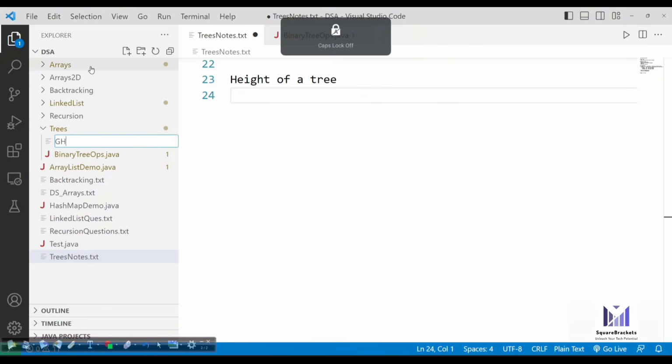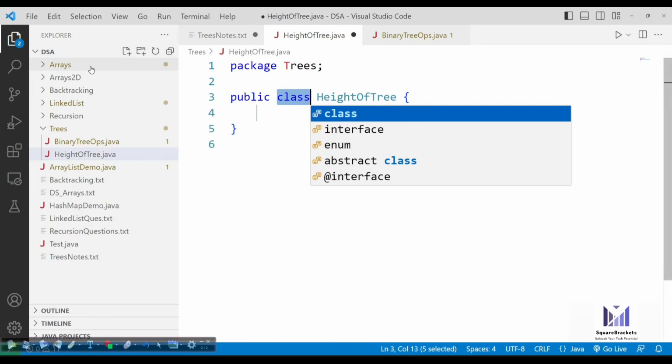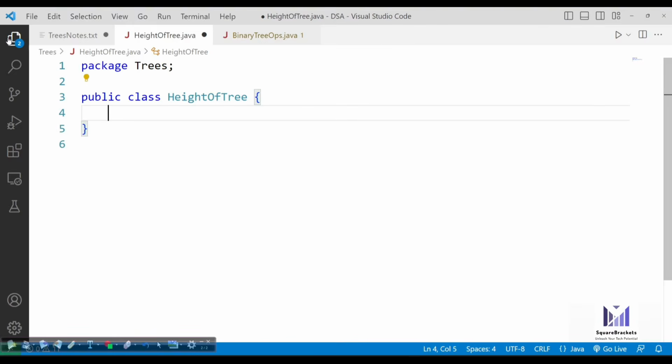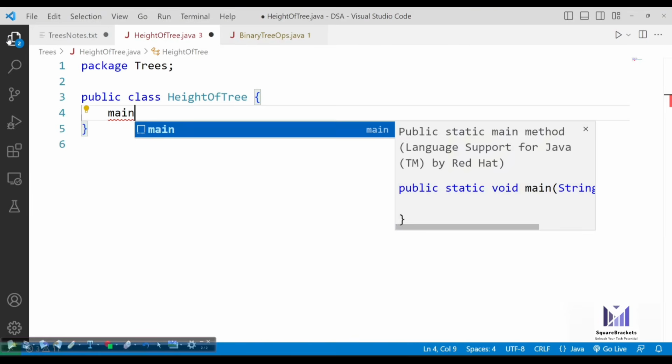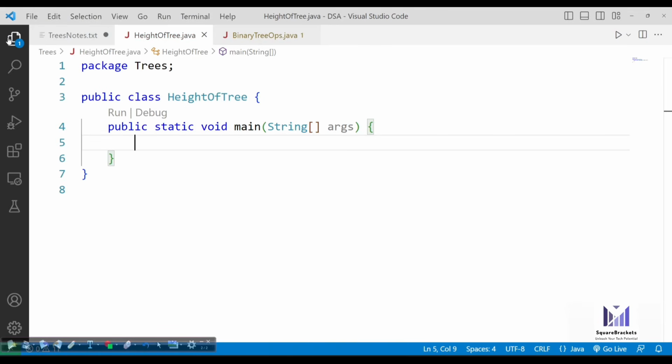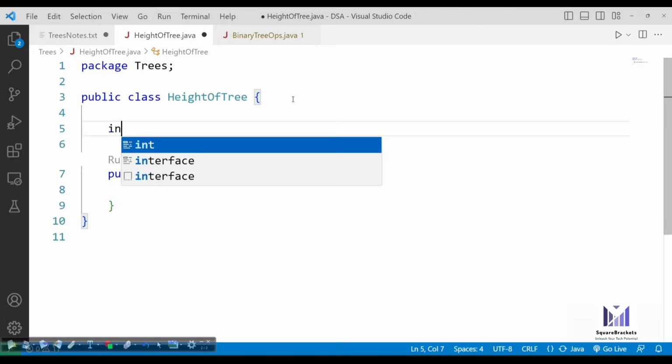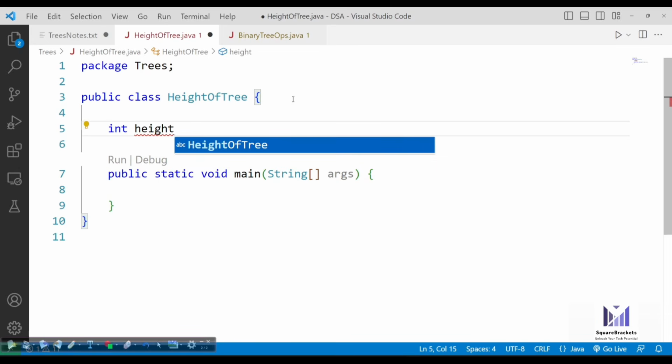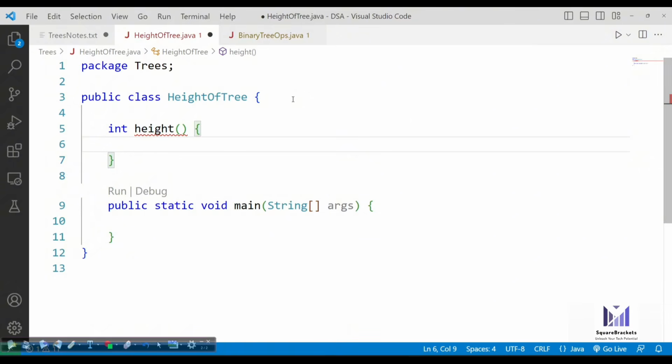Let's create HeightOfTree.java. All right. Now in this, what we'll be doing is we'll be creating a function that will return an integer. Okay.